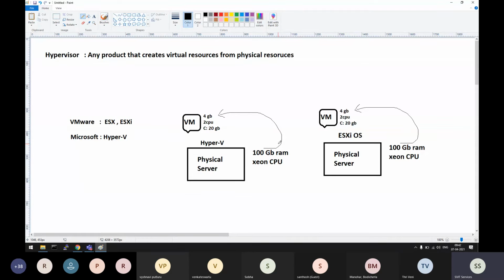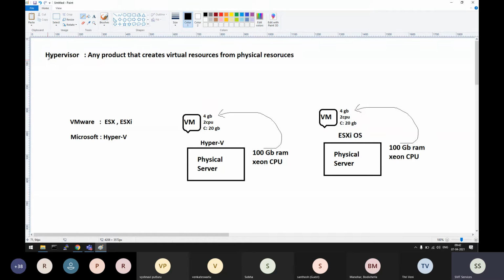Copy product, but with less pricing, some little easy options and all. But okay, next biggest competitor is Microsoft, and their product name is Hyper-V. This is also doing the same job, converting the physical resources into virtual resources. This is also an example of hypervisor.